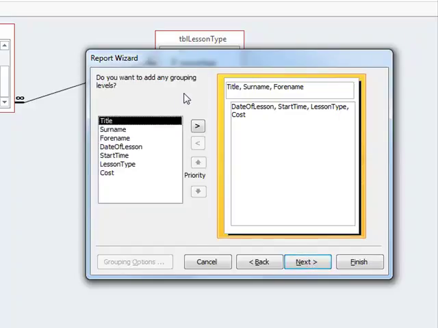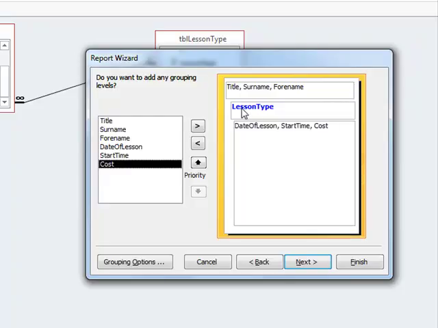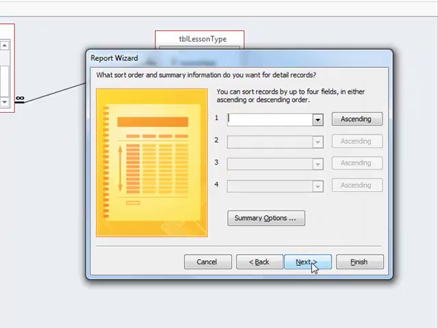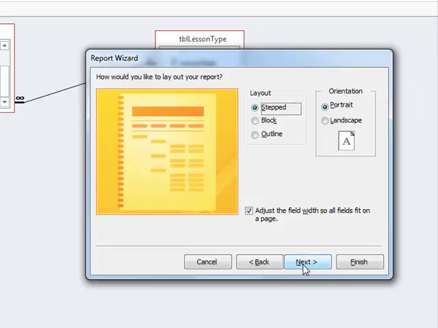Then we can add any kind of grouping if we want. So for example, if we want certain headings to appear, like the date of lesson or lesson type, we can make it appear like this. We can click Next. We can sort it. So we're going to sort it in terms of the start time. Then we can click Next, and then Next again. Actually we can make this landscape. Then we can click Next,